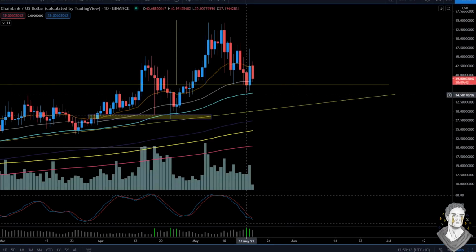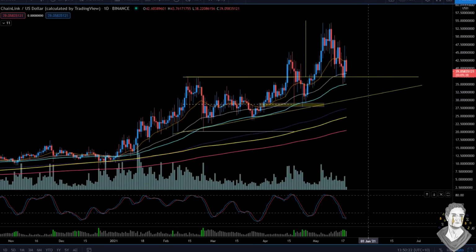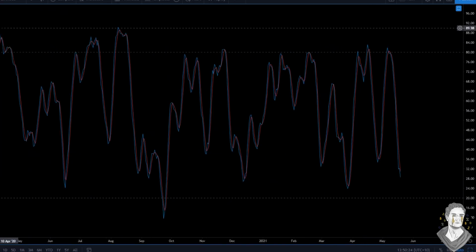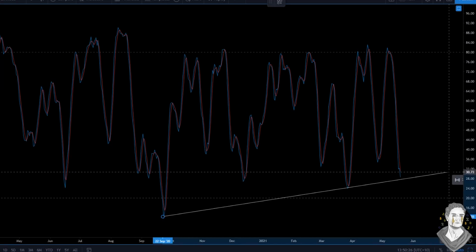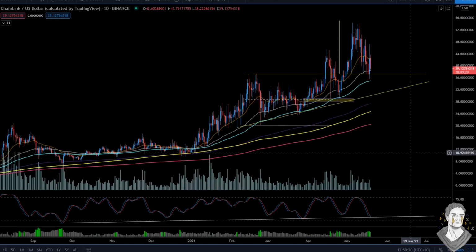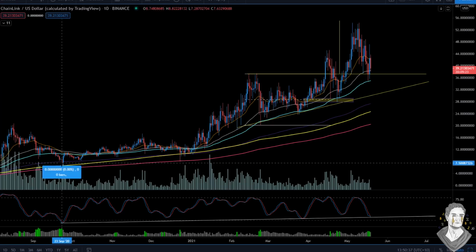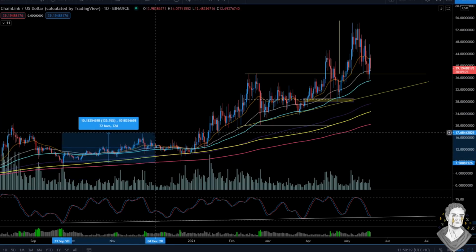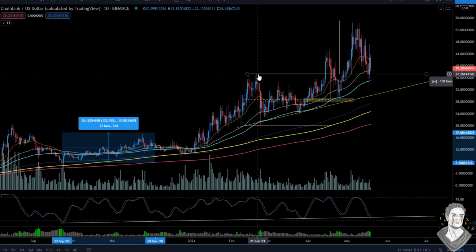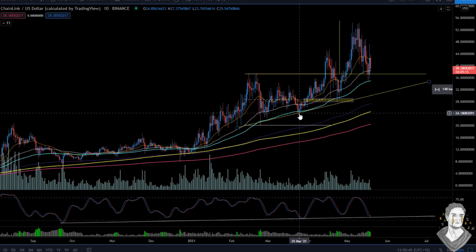Coming back to our 89 exponential, just like we were speaking about on Ethereum right now, this is actually coming down to this support. So as you can see, guys, this is very similar to what I was trying to explain to you just then for Ethereum, right? Right here, we have a support region from September 2020 for Chainlink. That's from $7.50. We had a nice bounce to the upside, and we really went all the way up here to $37 before we tested this support region once again,